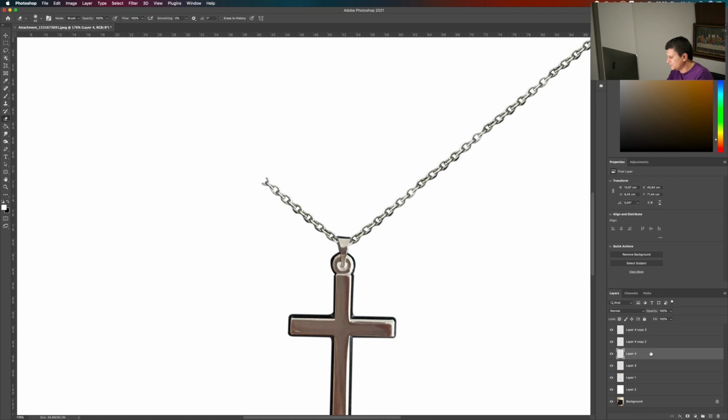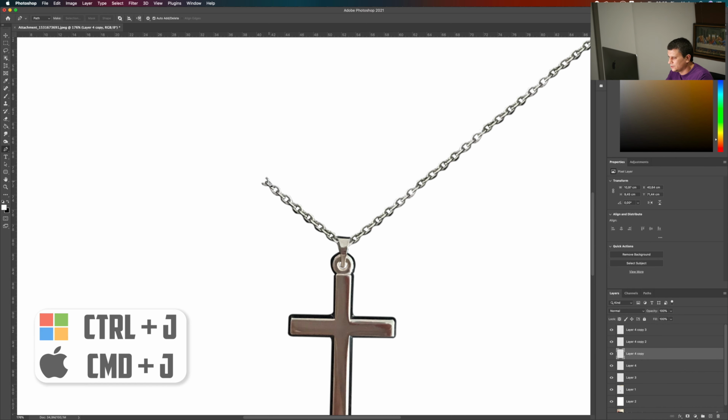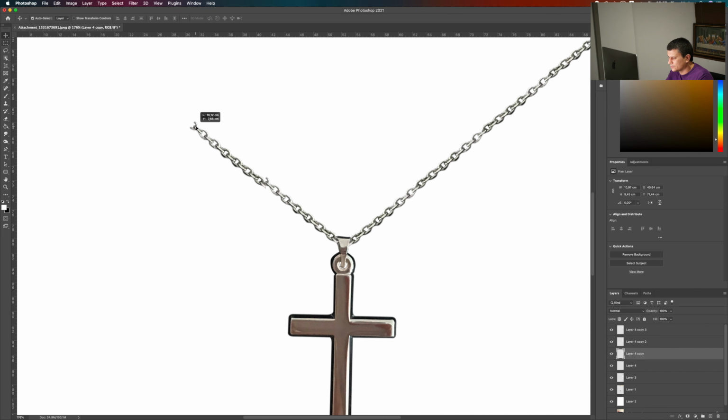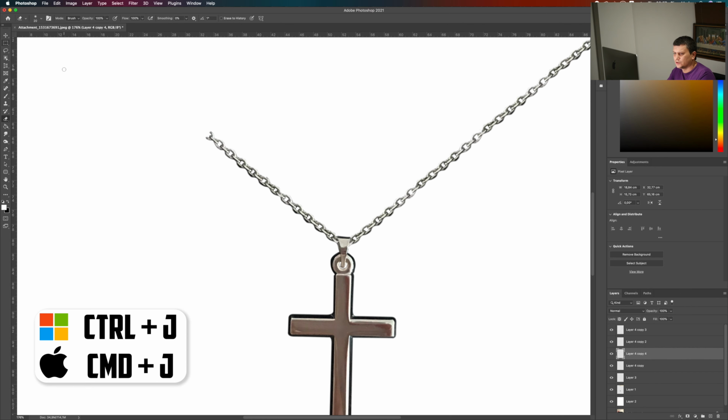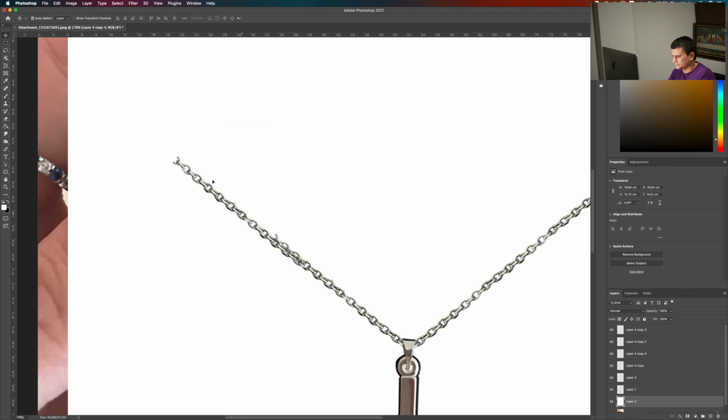Now for this one, we'll do the same. Control Command J. Select both layers, merge them, Command Control J, but it fits around here.